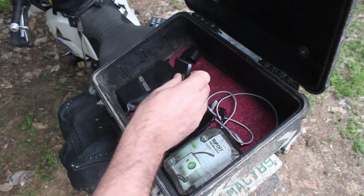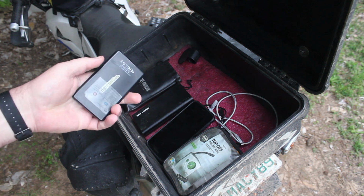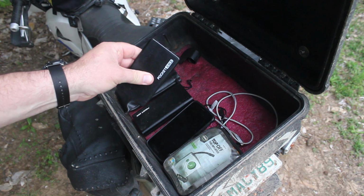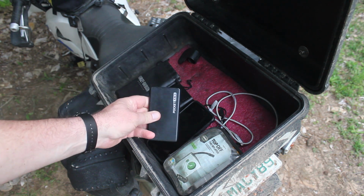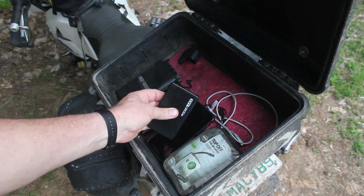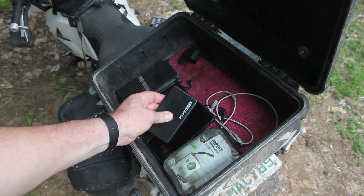To start off with, I had a phone issue. Couldn't keep my phone charged the whole 8 hours I was in business every day, so I got one of these, and that pushed me over the edge when I didn't have enough juice. But this is a LiPo battery pack, lithium phosphate, and it works pretty good. Most of the time,